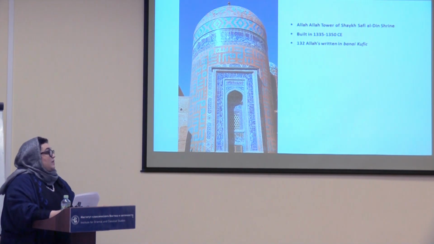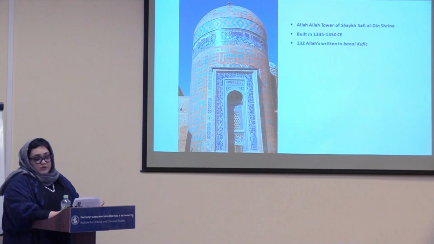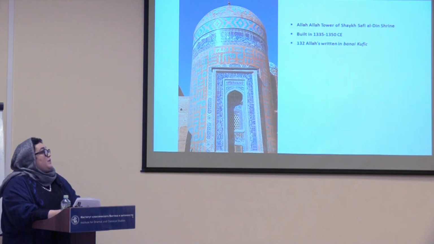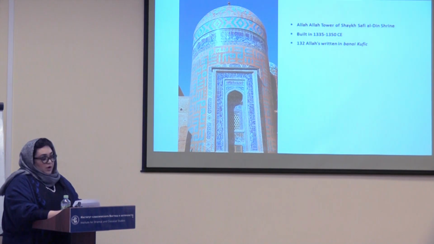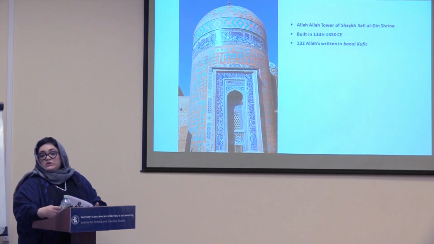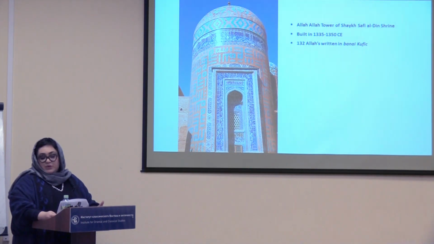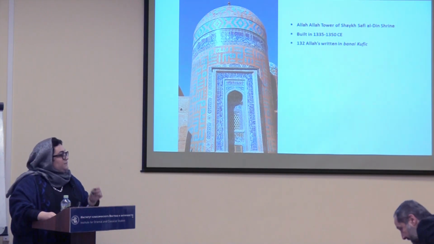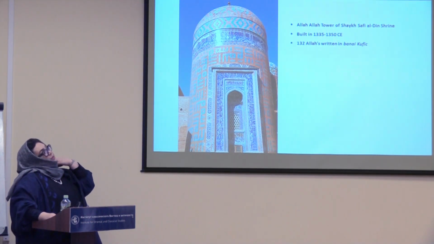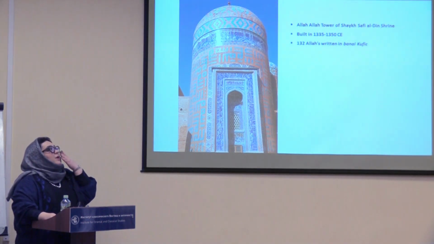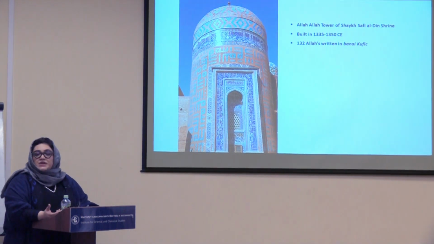Now, the horizontal representation of the word Allah in turquoise blue on the tower is a symbol of multiplicity, whilst the vertical representation is a symbol of unity. This represents the idea of unity in multiplicity and multiplicity in unity, which discusses the relationship between God and world. And now, another thing that we can look at is that when we are discussing interpretation and